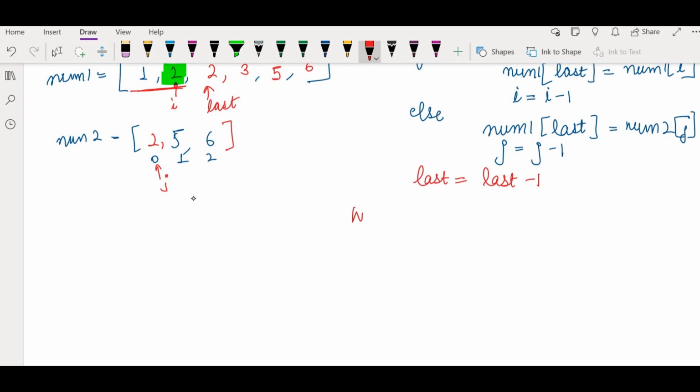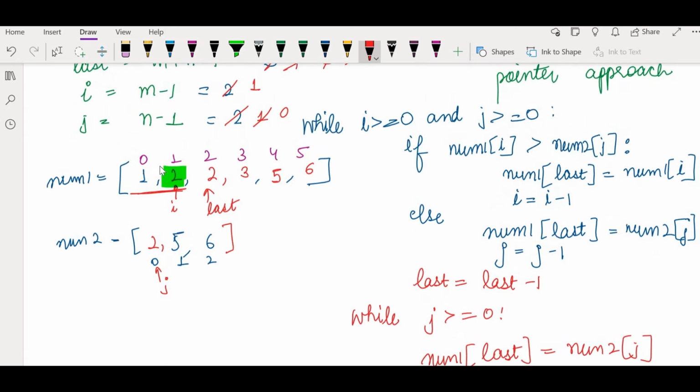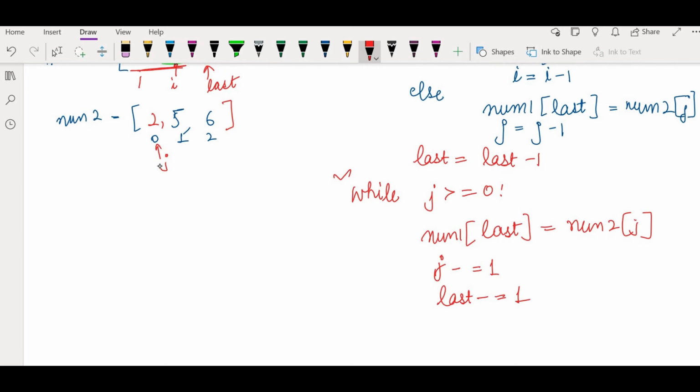So what we will do is write one additional loop, that is while j is greater than or equal to 0, if some value is left in the num2 part, we can add it in the num1 part. That we can check. If i is already less than 0, in this case we can do this, decrement the value then. So got my point. Now in num1 we are doing an in-place merge. So if some values are there from num1, they will be there in the array. But what if i has reached 0 minus 1? We cannot compare, but in num2 values are still there, so we will have to write this loop. I hope you have understood the concept of merging sorted arrays in depth.